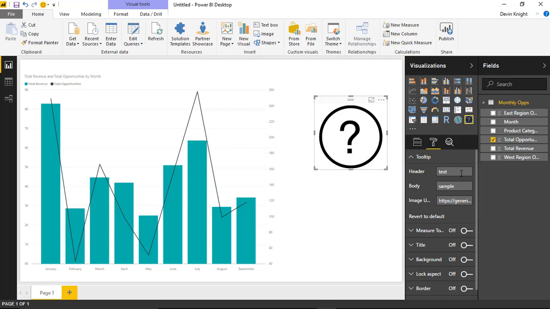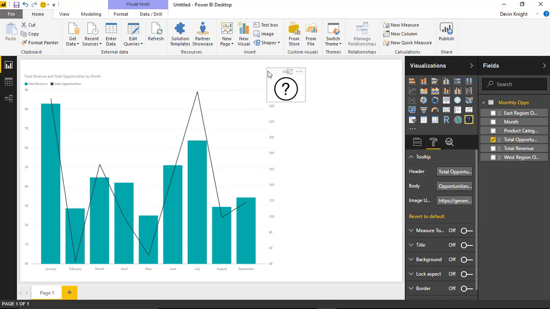All right, so first things first, let's go ahead and change the header. Let's call this header Total Opportunities. And then for the body, you can give it any text you want. So I can call this Opportunities First Total Revenue for the year. And then that way, anytime I hover above this, you'll now see that text appear. And again, you can make this smaller, place it on top of your chart, and then that way it'll display and give your users a way to